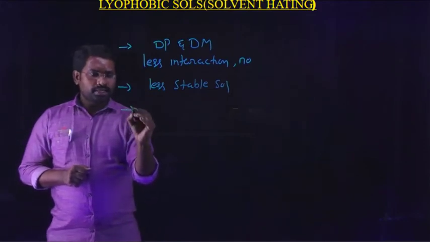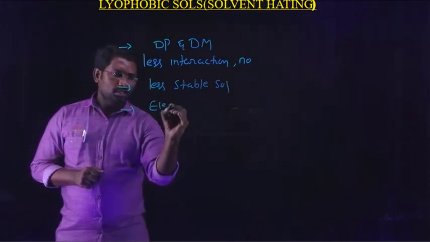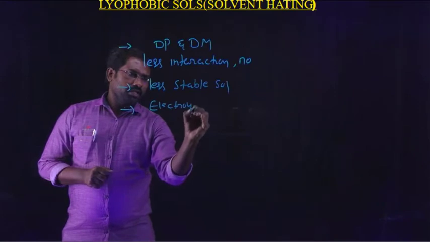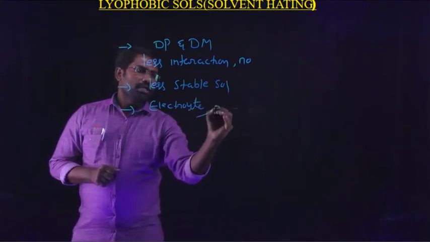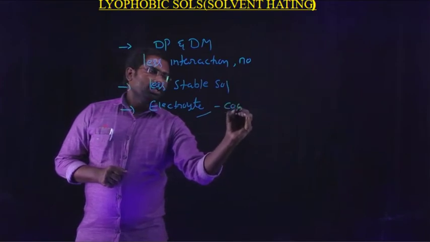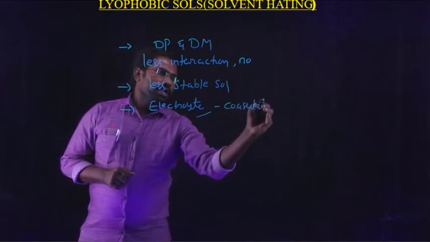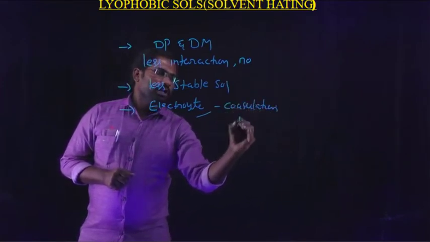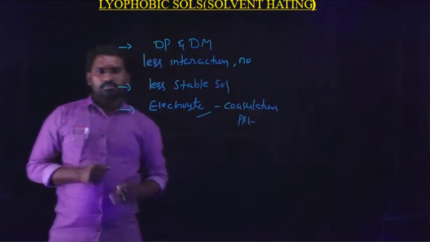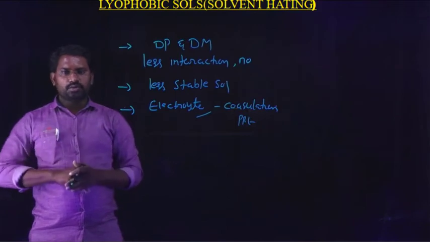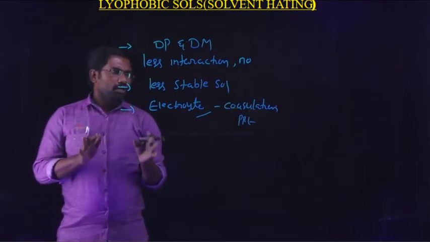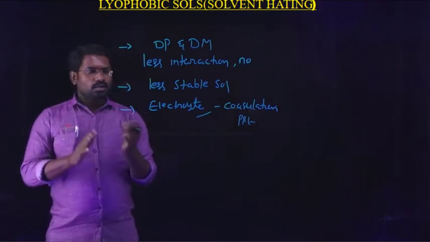If you are adding any electrolyte to this colloidal solution, they undergo coagulation or precipitation. So because of the less stability, these lyophobic colloidal sols get precipitated or coagulated easily by adding